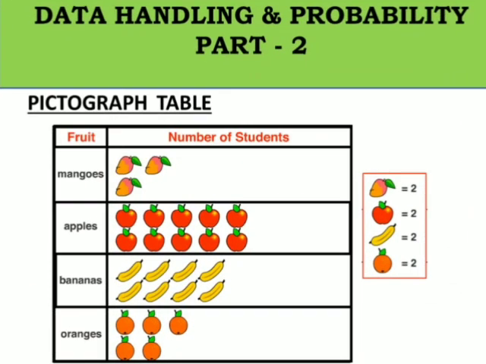Another way of organizing the collected data is through a pictograph. Pictographs are representation of data using images. Pictographs represent the frequency of data while using symbols or images that are relevant to the data. This is one of the simplest ways to represent the statistical data, and reading a pictograph is also very easy.